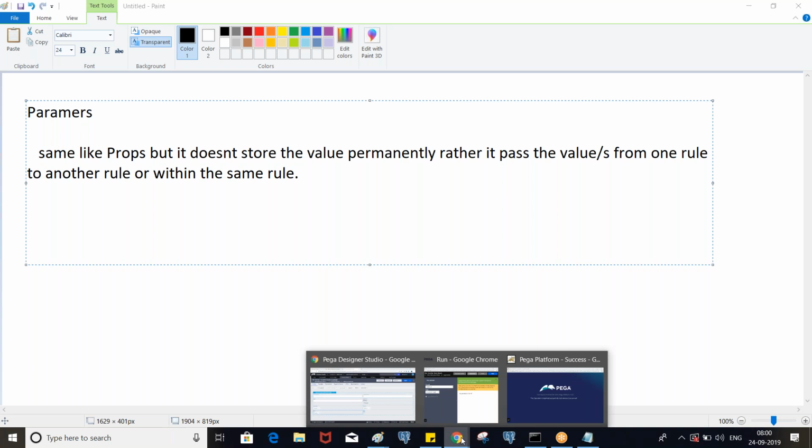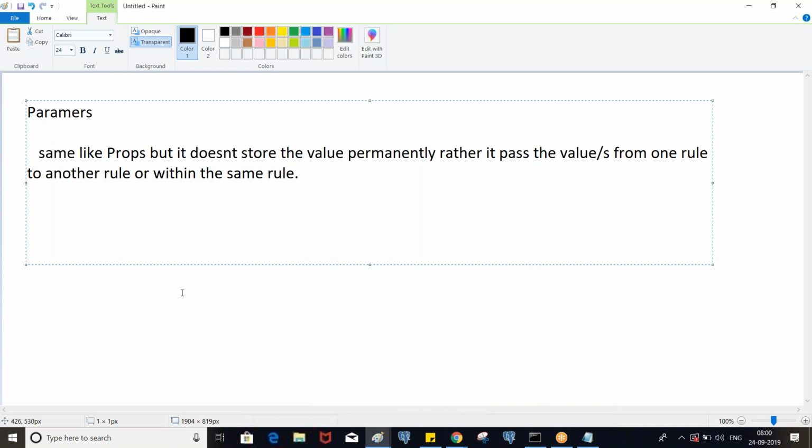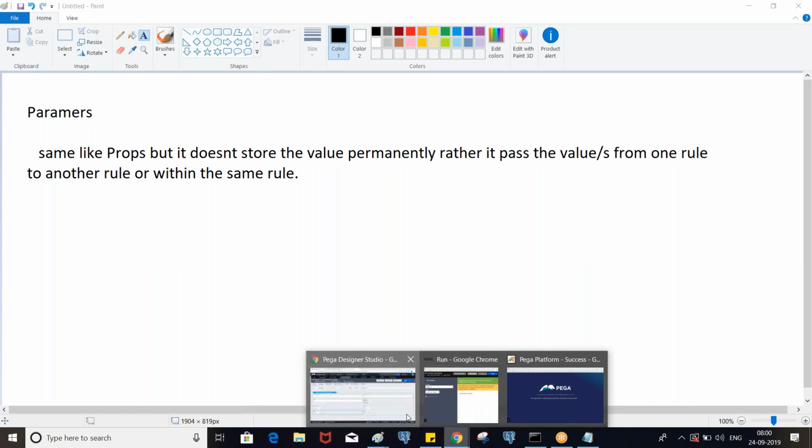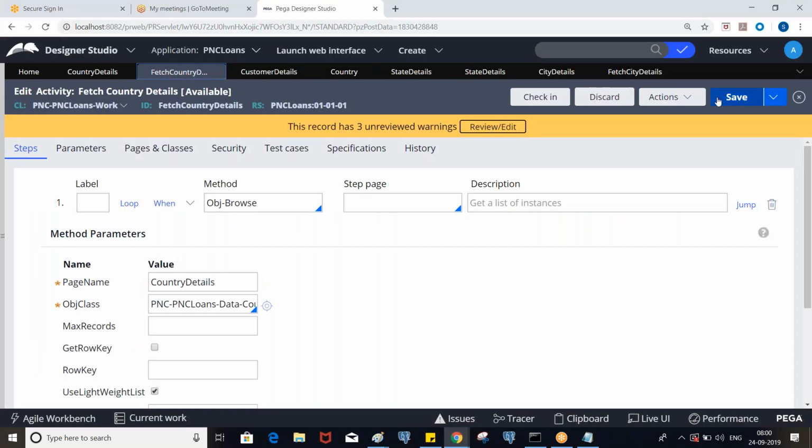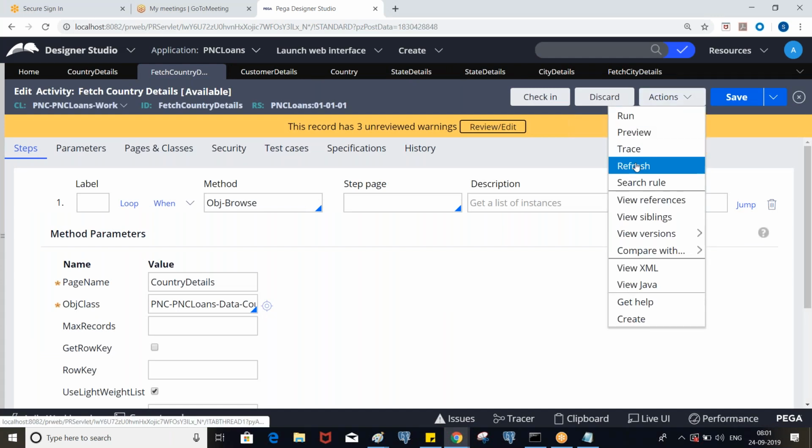It's the same as how we use parameters in different programming languages. So here, how many activities do we have for this scenario? 3 activities, right? Country, state, and city.